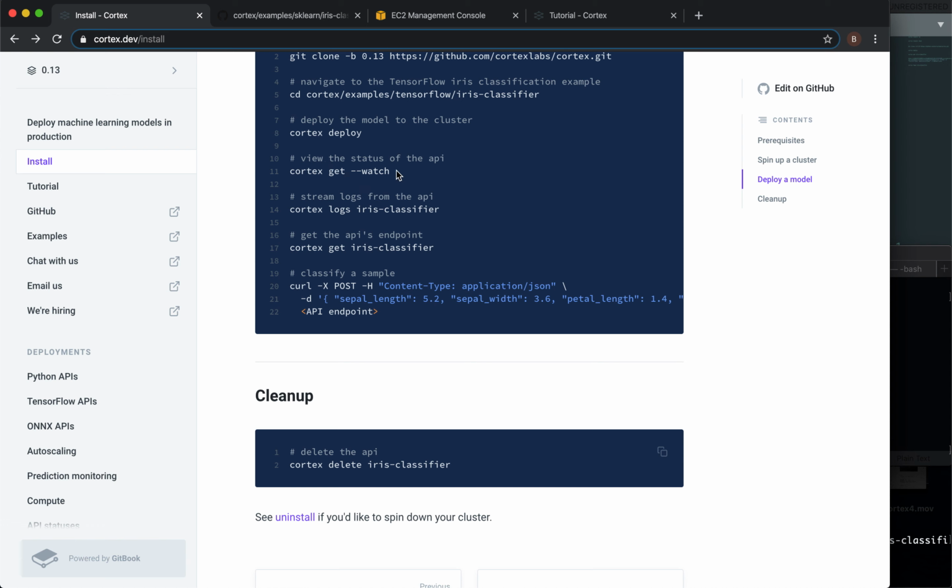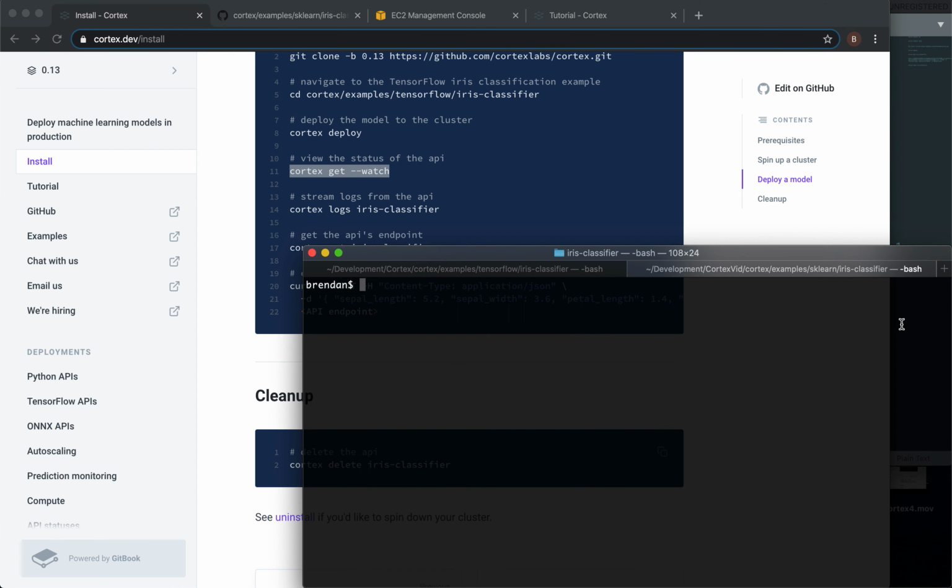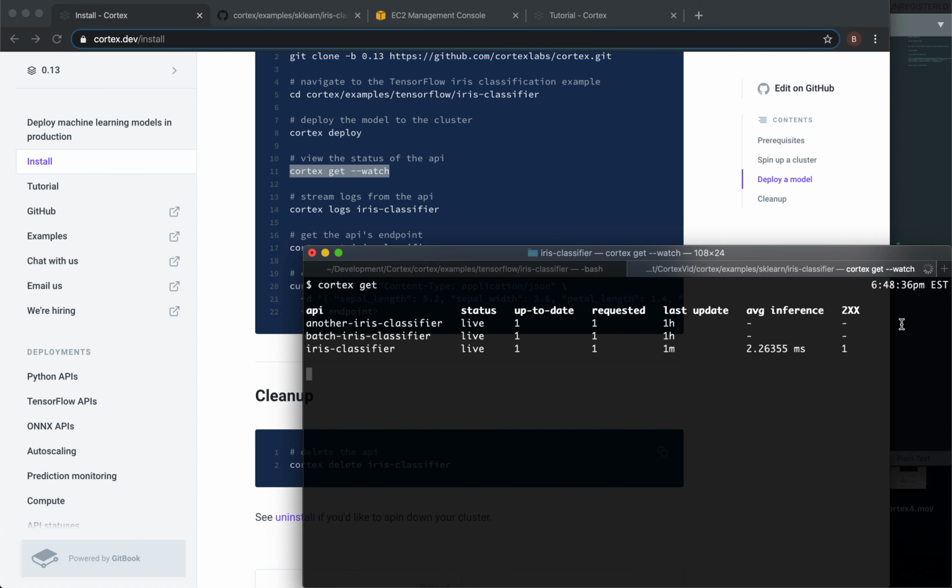We can also analyze the logs. This, I believe, is the status of the API. So if we had this up and running, you would be able to see average inference times. You can see number of requests, API specific details. If we hit Control C to get out of that,